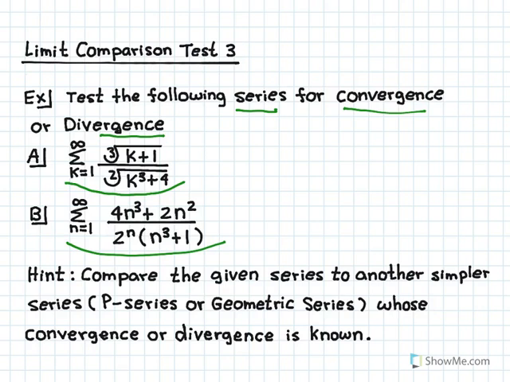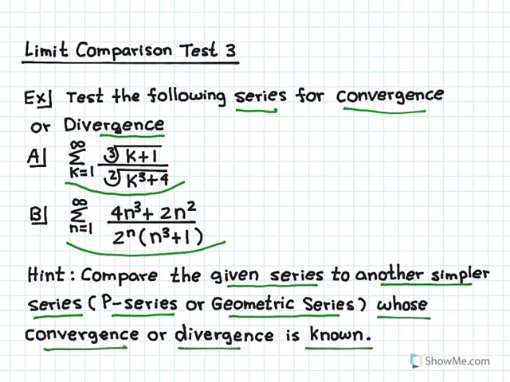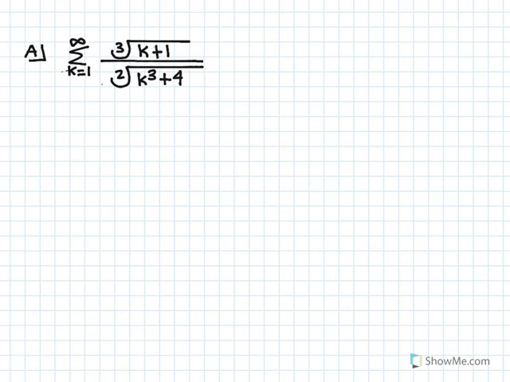The hint is compare the given series to another simpler series, a p-series or a geometric series, whose convergence or divergence is already known. Let's look at question A first. We have summation k equals 1 to infinity, third root of k plus 1, divided by second root of k cubed plus 4. Now for large k,